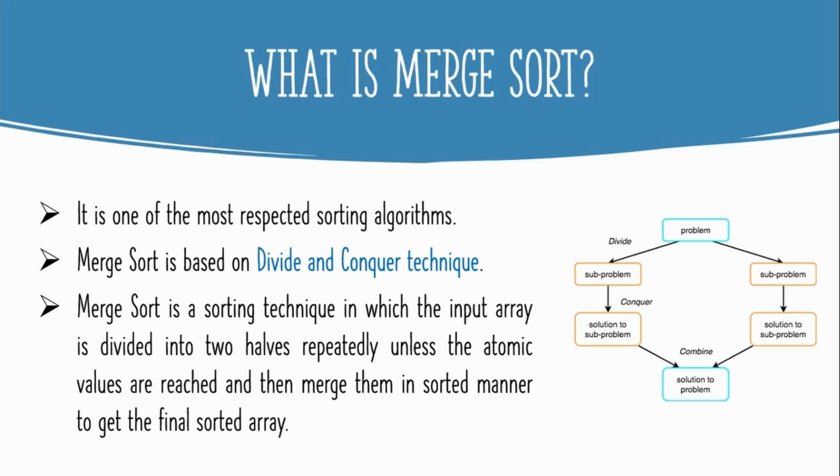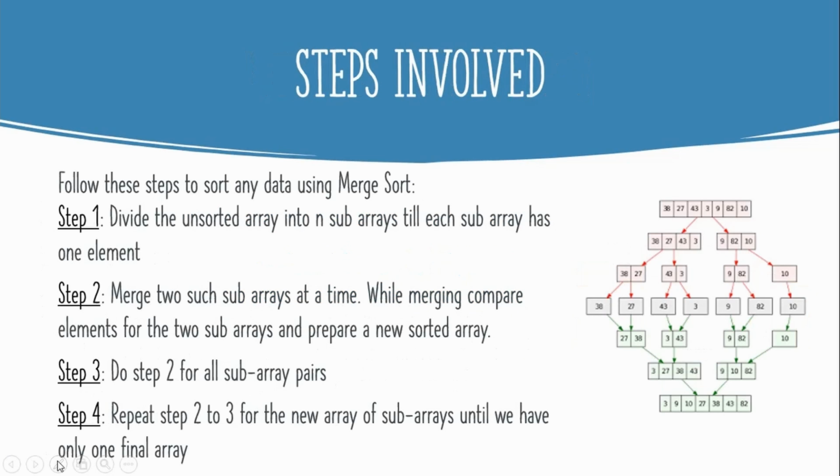A similar thing is followed in case of merge sort as well. So in merge sort, we are given an input array or a linked list, which is firstly divided into two halves repeatedly till we get the isolated blocks or atomic values, we can say, or in other words, till we get the blocks with single elements in them. And then at last we'll merge all of them in a sorted manner so as to obtain the final sorted array. So let's understand the same procedure in a stepwise manner.